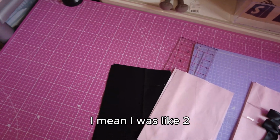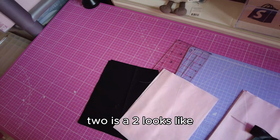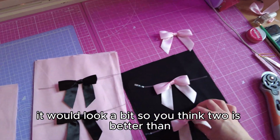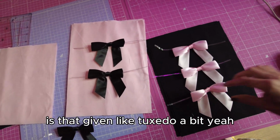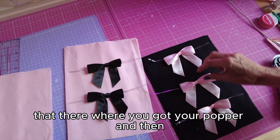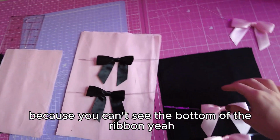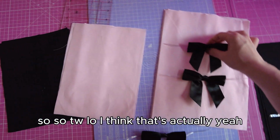I mean, I was like, two. I think if you put any more than two, it'd look a bit... So you think two's better? Is that giving tuxedo a bit? Yeah, because you'd have to put that there where you've got your popper and then that. Do you know what I mean? Too congested, do you think? I think so, because you can't see the bottom of the ribbon. So two, I think that's actually...